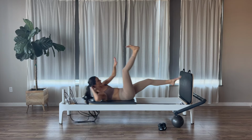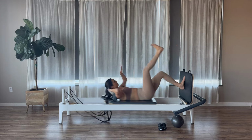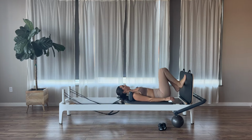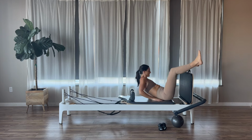This is 7, 9, and 10. All right, relax all the way back down. When we come down, we're gonna sit off to the right side of our reformers, and then we're gonna grab